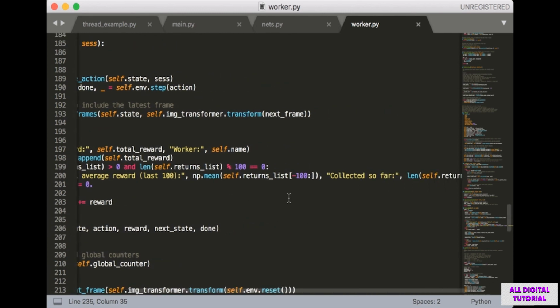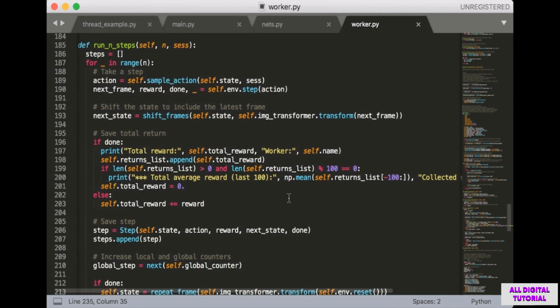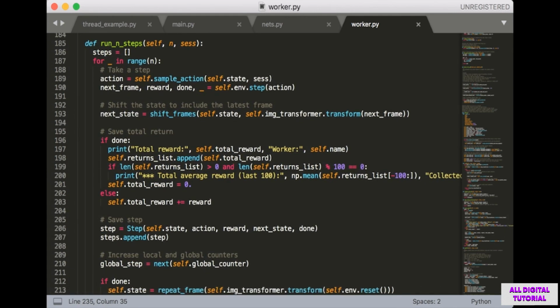So that's what that looks like. This is going to help us see whether or not the agent is improving over time, since each individual return may vary by a lot. Then we reset the total reward variable to 0. If the done flag is not true, then we simply add the current reward to the total reward, which is how we're going to keep track of the total reward for each episode.